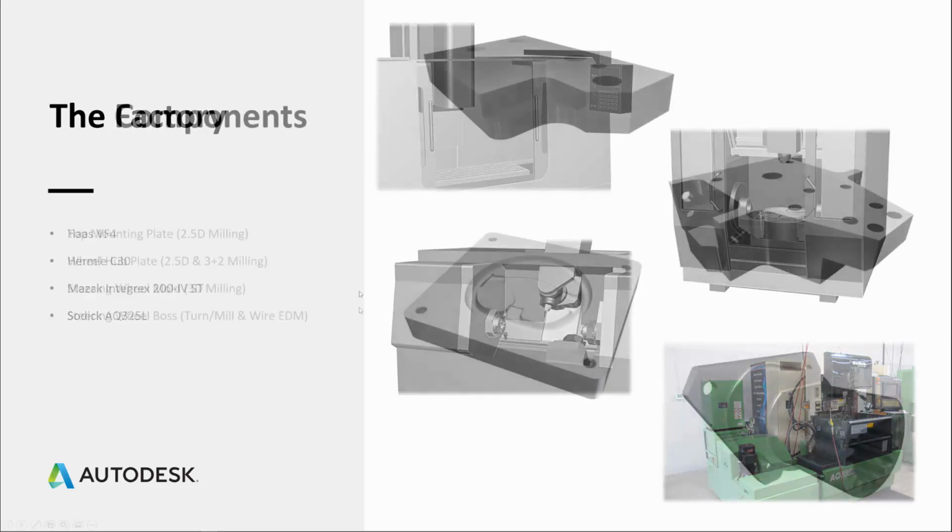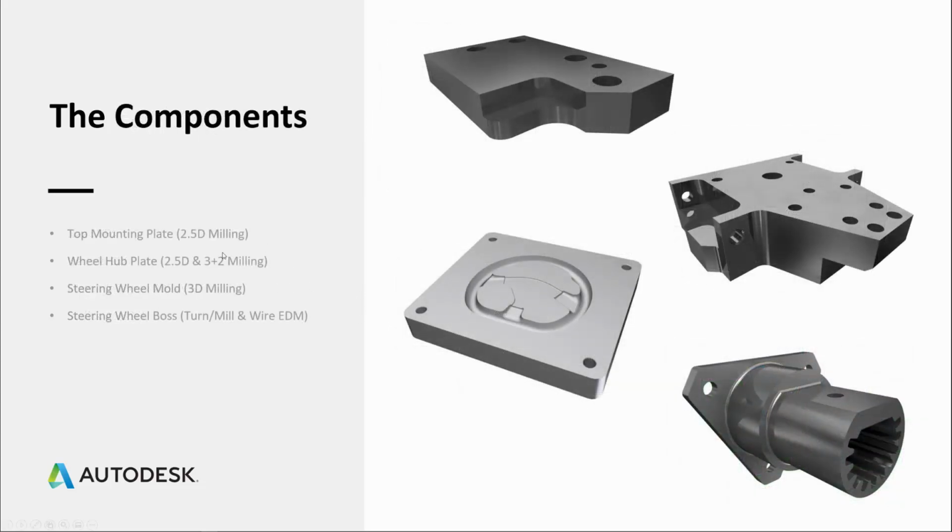The components we're going to be machining today will start off by doing this top mounting plate of our assembly, utilizing 2.5D milling. And we have a wheel hub plate, a steering wheel mold, and a steering wheel boss. So 4 components in total with, I think, 6 operations machining these. So with that, let's just jump straight into it. We have a whole lot of information to cover today, so we're going to jump straight into our first component,